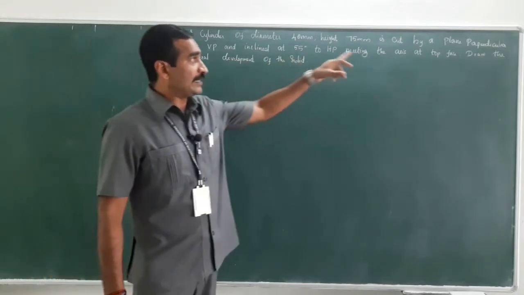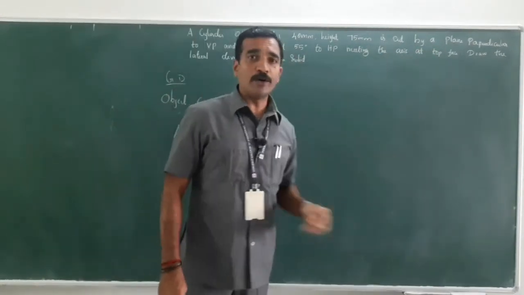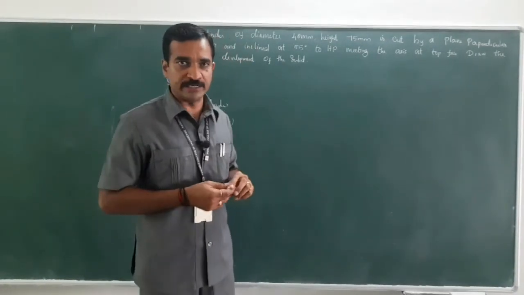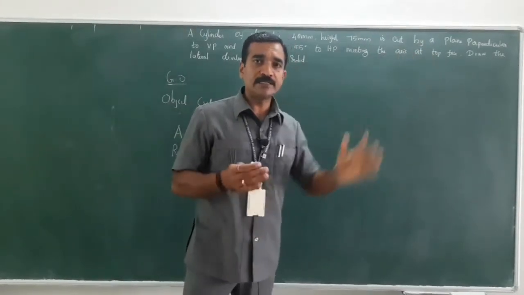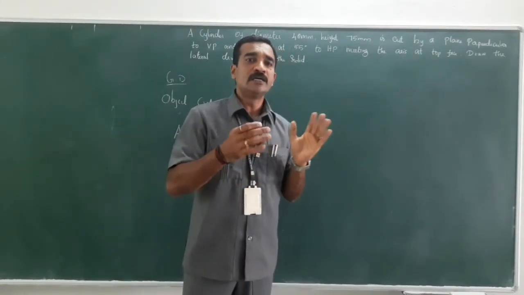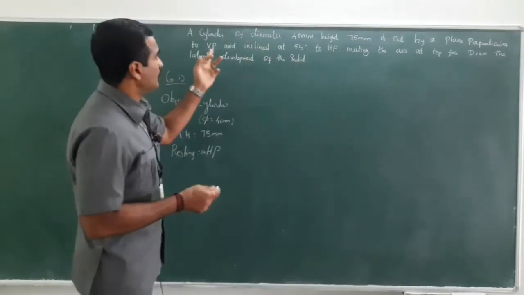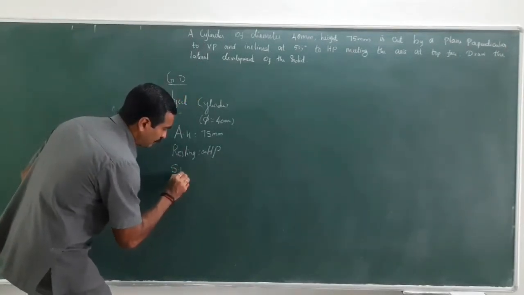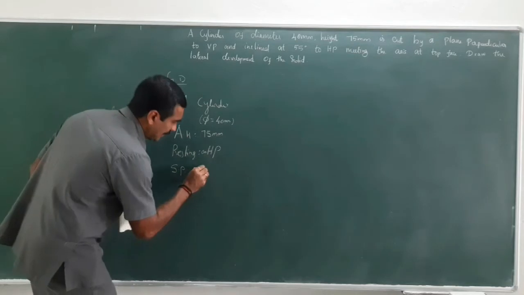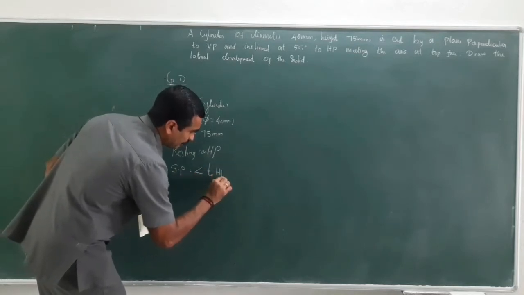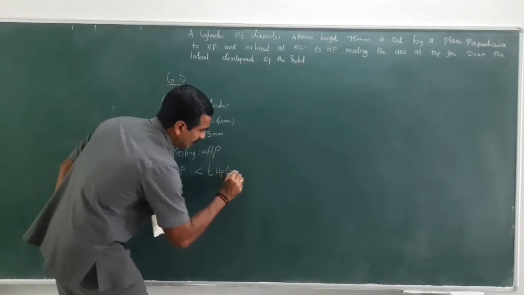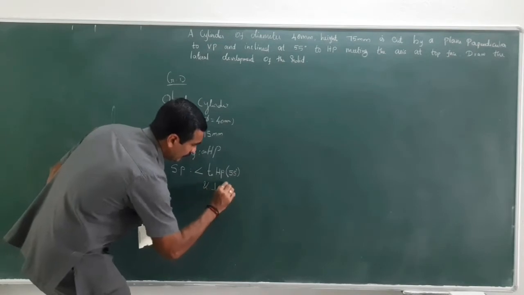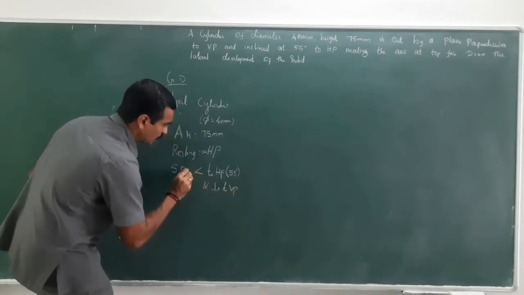Here the cutting plane: it is cut by a plane. What do you mean by plane? It's a two-dimensional object. Here the cutting plane or section plane is also two-dimensional, isn't it? So it is mentioned that it is cut by a plane. It is understood that it is a cutting plane or section plane which is perpendicular to VP and inclined 55 degree to HP. Therefore, the section plane is inclined to HP at 55 degree and perpendicular to VP. This is condition number 1.